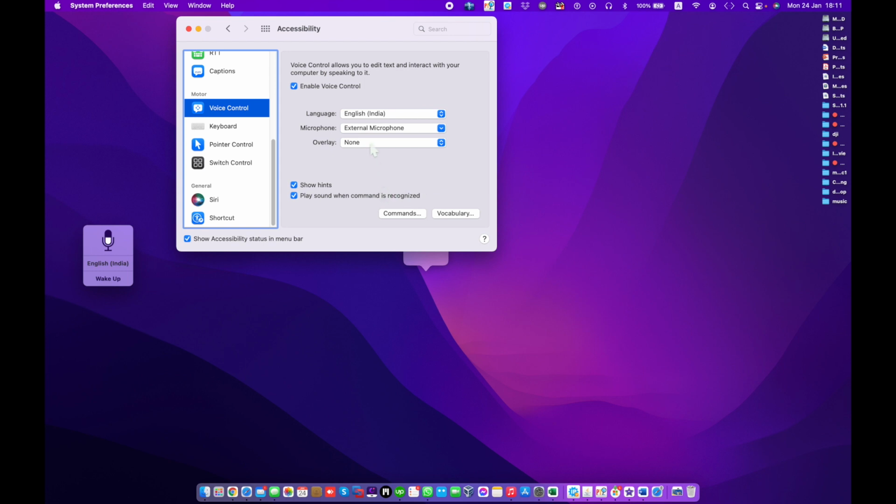Overlay, continuously show item numbers or a number grid on screen to make it easier to select items or navigate the screen. By default, an overlay is not displayed. Item number,